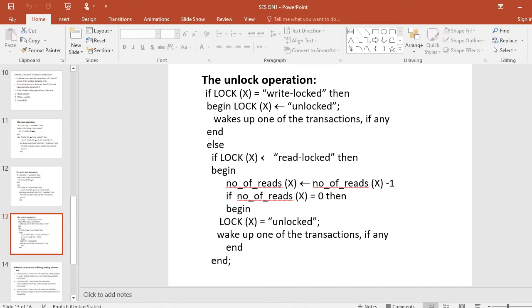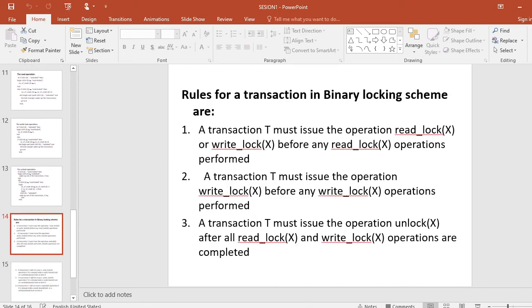The following rules should be enforced by the system while using the shared or exclusive locking scheme. Number 1.